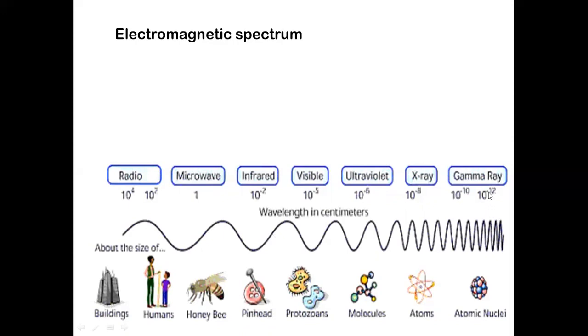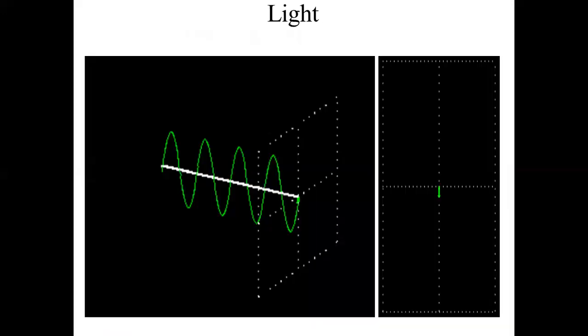Okay, so as you go from this end, you have cosmic rays, gamma rays, X-rays, then ultraviolet, visible, and infrared radiation. As you go along, you see that the wavelength is increasing, correct? The distance between two troughs or crests is increasing. With increase in the wavelength, the energy, frequency and wave number go on decreasing. So there is an inverse relationship between wavelength and all other parameters.